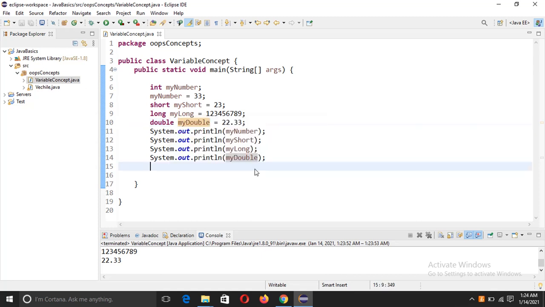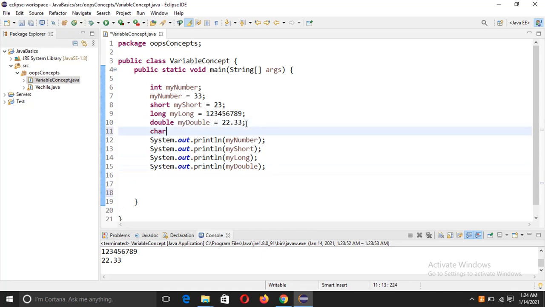Okay, and we have one more data type called char to represent single values, single characters. You should take single characters in single quotes in Java.